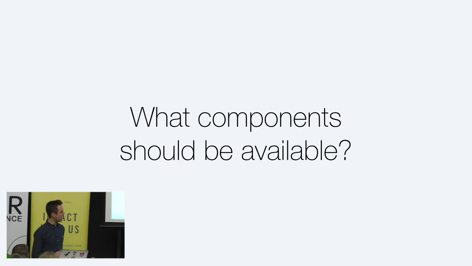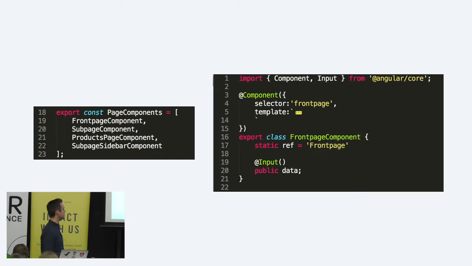So I made a basic array, which I called page components. This is just a list of all the components that should be available for the routing mechanism to show up as a page, as the template that will actually be run. I made this list, and the thing on the right is more or less an implementation detail with the static reference on it in line 17 on the class, which makes it possible that when I'm looking, like in the slide before,